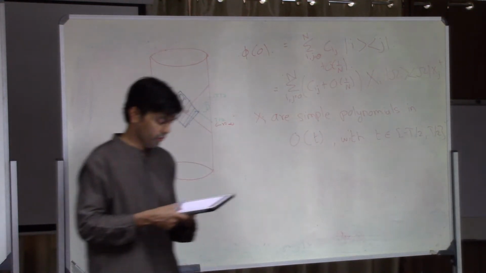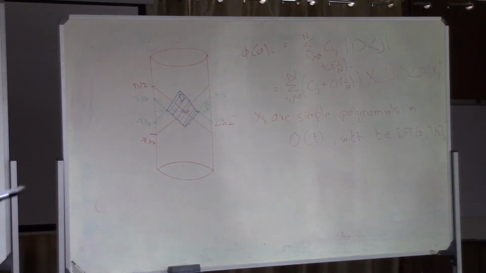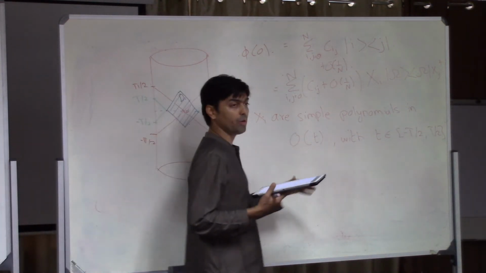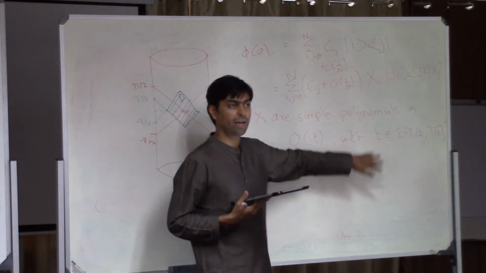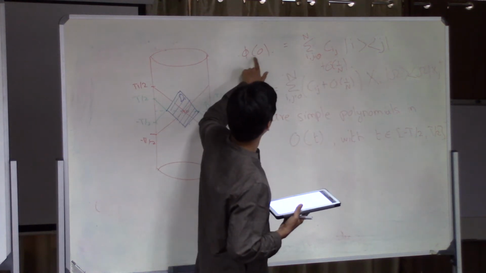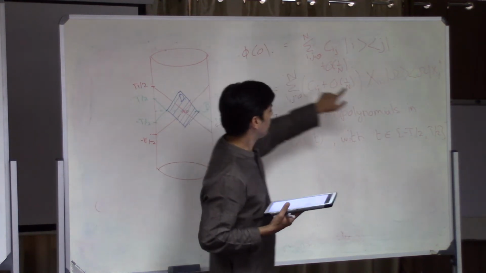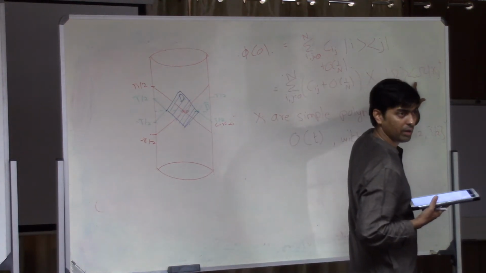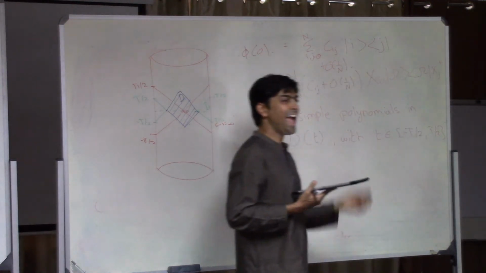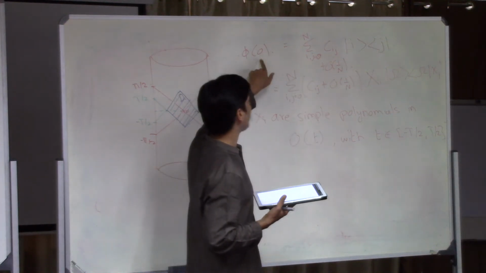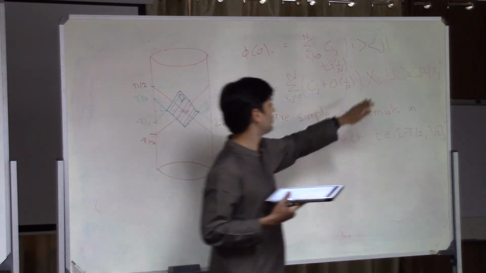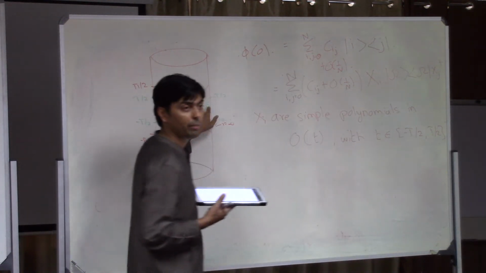So far this is what we've shown. Of course, so far nothing is surprising, and nothing involves gravity anywhere, and so nothing involves any loss of locality. This is a surprising statement, but it's a statement that holds in all quantum field theories. There's no loss of locality. And that's because we haven't managed to write the operator at 0 in terms of operators here, and that's because there's this vacuum projector that's sitting in the middle. What we've managed to say is that the action of the operator at 0 on the vacuum can be mimicked by the action of an operator on the boundary at a point which is spatially separated from it.